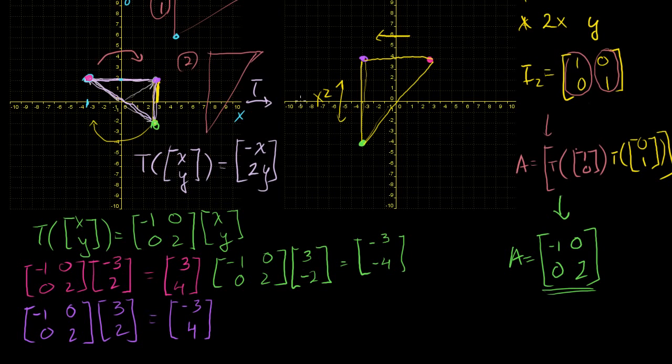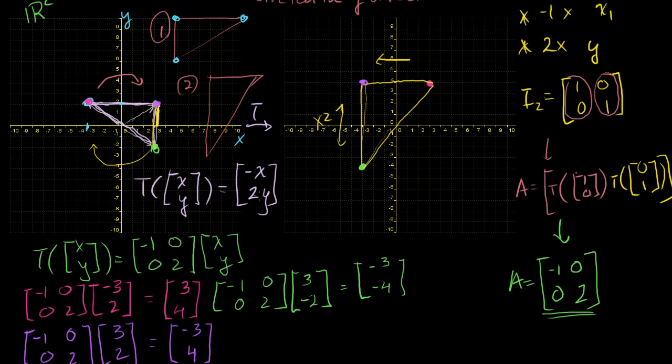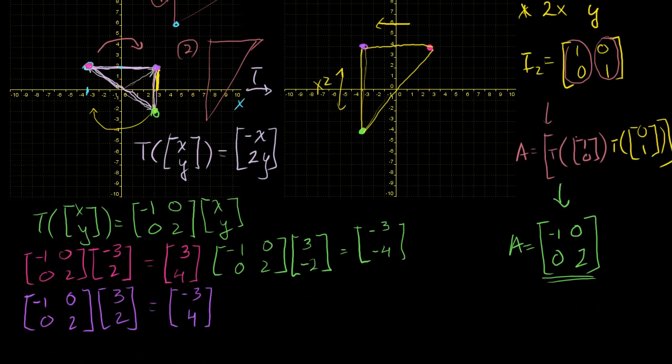And in general, any of these operations can be performed. I mean, you can always go back to the basics. You can always say, look, I can write my transformation in this type of form. Then I can just apply that to my basis vectors, or the columns in my identity matrix. But a general theme is any of these transformations that literally just scale in either the x or y direction, they could either shrink or expand in the x or y direction, or flip in the x or y direction, creating a reflection. These are going to be